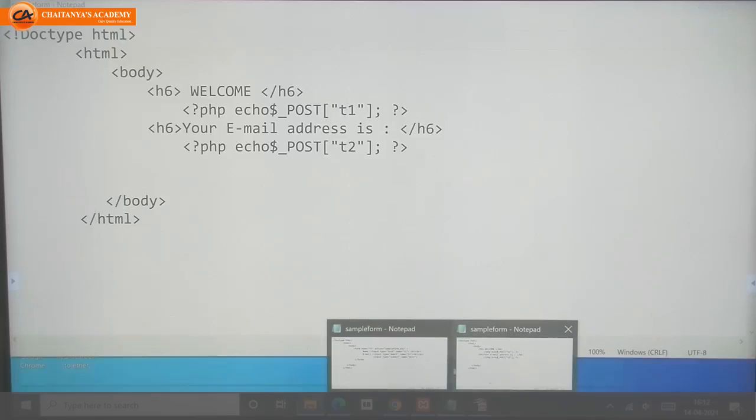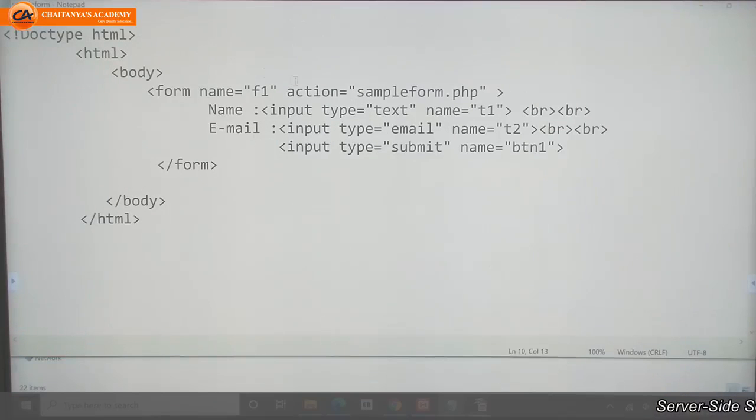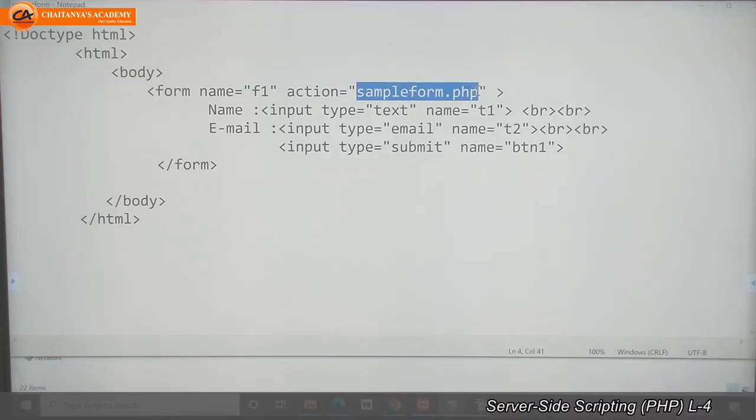Next, you need to write code for the PHP file. You need to create another file, as you are going to submit your form to sampleform.php. You only created one file, the .html file, but you need to create the other file, the name you already gave here.